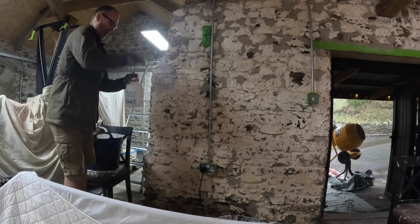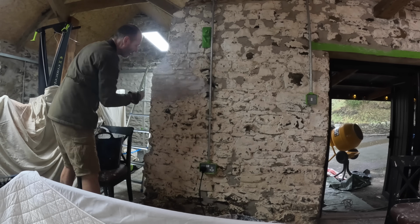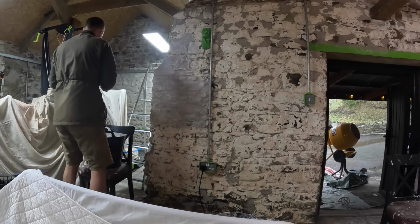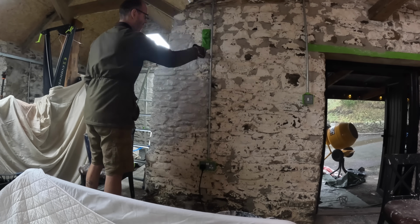So yeah, another day. Day 4 and more of the same, although one slight change to our approach was to do less repointing and jump straight to the lime slurry top coat instead. If this was an external wall, then repointing it properly would be more important to prevent water penetration, but on